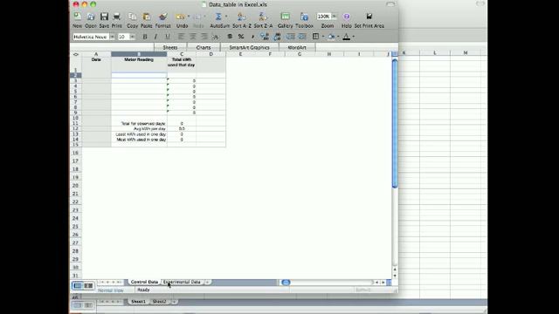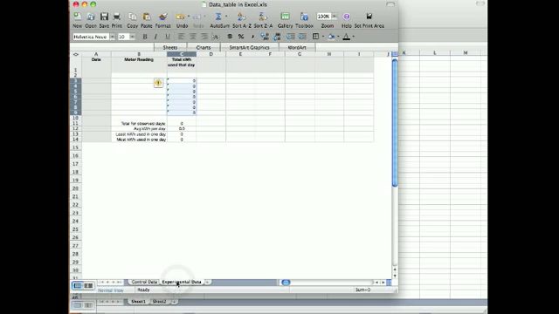Down at the bottom, you'll see that there are two tabs. One of them is called Control Data. That's the data that you took when you were reading your meter before we started this experiment. Then you'll see one that says Experimental Data. This is where you're going to enter the data where you took your meter readings while you were actually changing